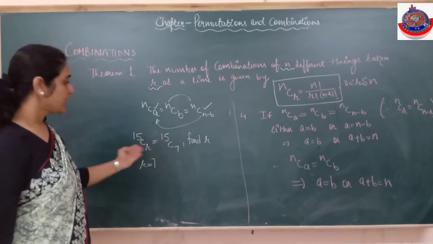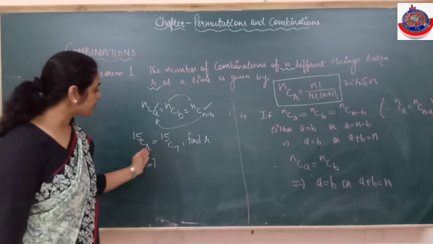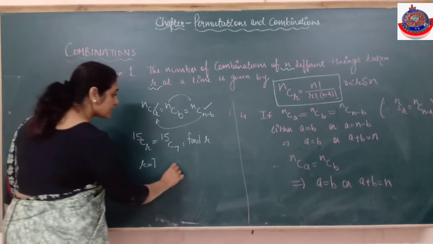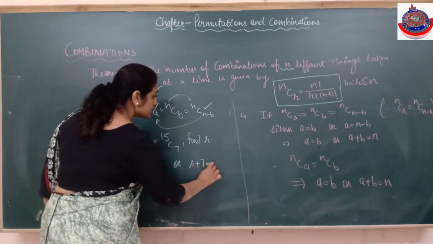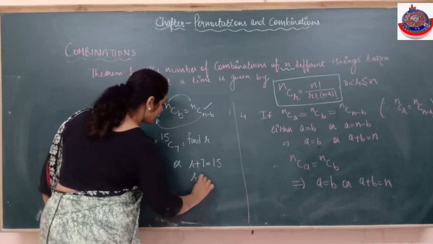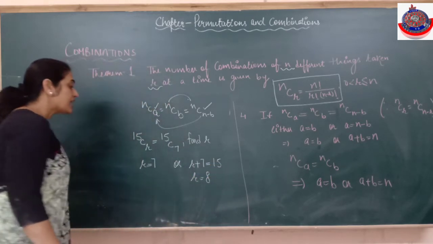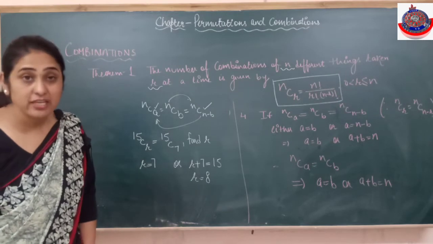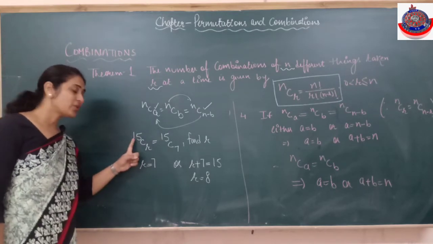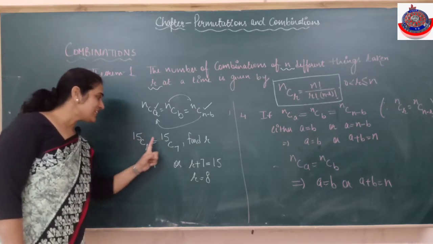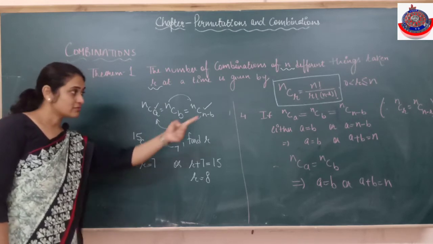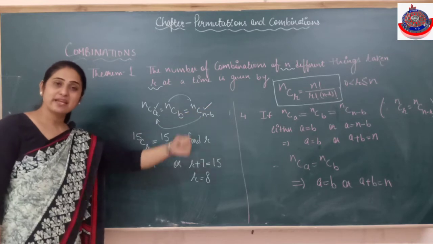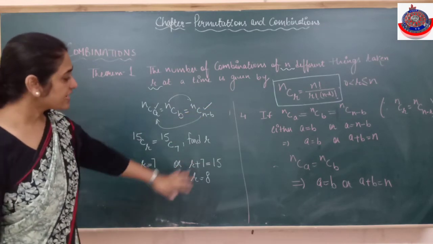We can directly say by the rule either A is equals to B, that means R is equals to 7, या फिर क्या हमने किया A plus B is equals to n. That means R की वैल्यू या तो 7 हो सकती है या R की वैल्यू 8 हो सकती है, दोनों आपस में इक्वल होंगे. That's true. अभी तो किया 15C8 will be equals to 15C7. True, because rule is NCR is equals to NC n minus R. Clear? So very, very handy rule.